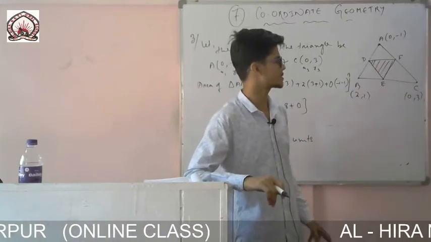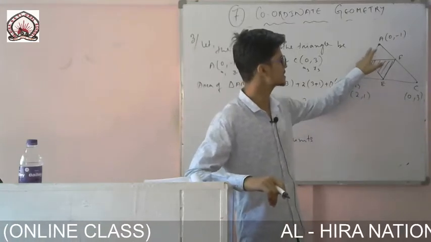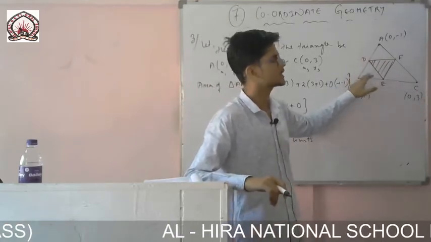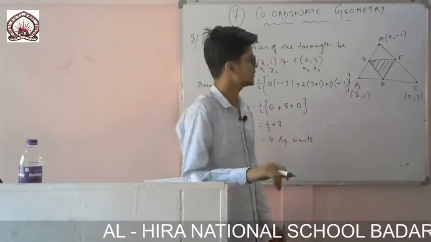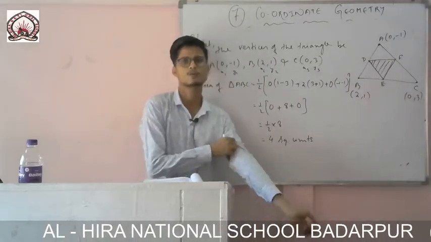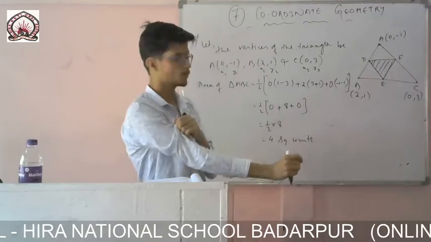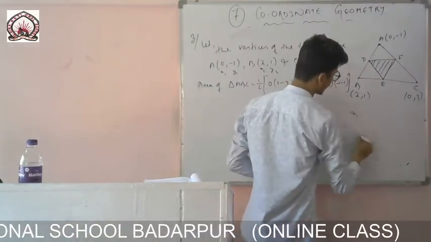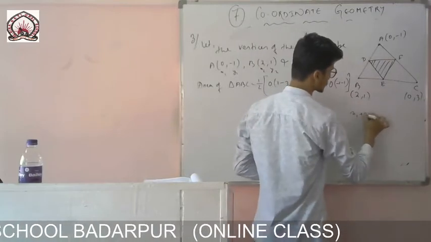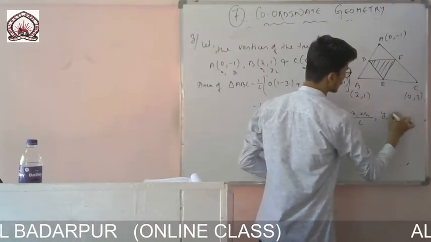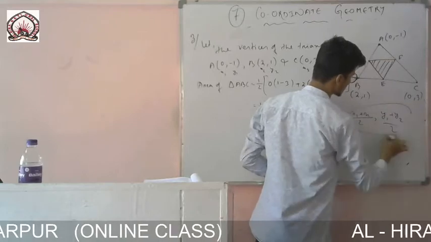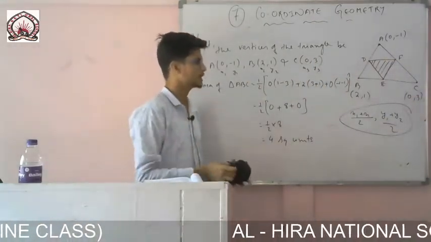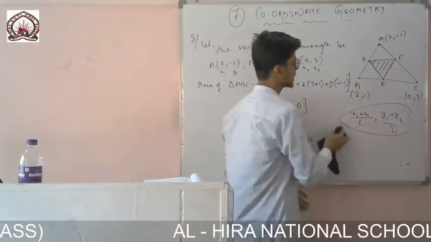It is given in the question very clearly that D, E and F are the midpoints of the sides of the triangle, and if it is a midpoint, that means the line is divided into two equal parts, and the ratio is 1:1. This is the section formula we have used: if the ratio is 1:1, we can find the coordinates using x1 plus x2 divided by 2, y1 plus y2 divided by 2. So this is the formula we will use to find the coordinates of D, E and F. After finding the coordinates, I will find the area and then the ratio.